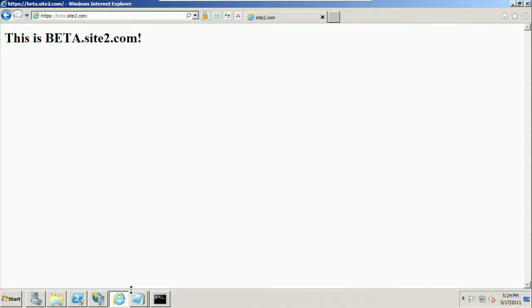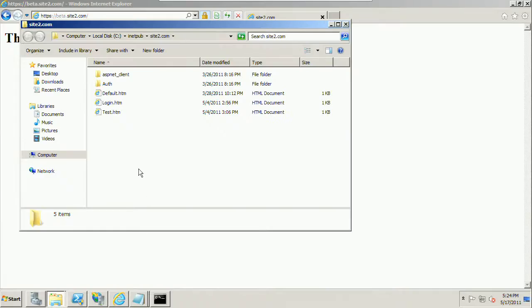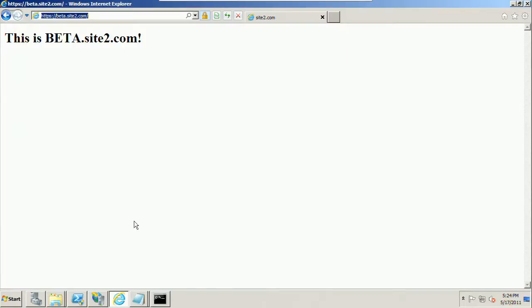Okay, so where were we? We did the HTTPS stuff. Next we're going to look at configuring settings for a website. Let's say we have a website that has a funny homepage. Instead of default.htm, we got this third-party site from someone. They called it home.htm. So if we go to my web browser now and go to site2.com, we would